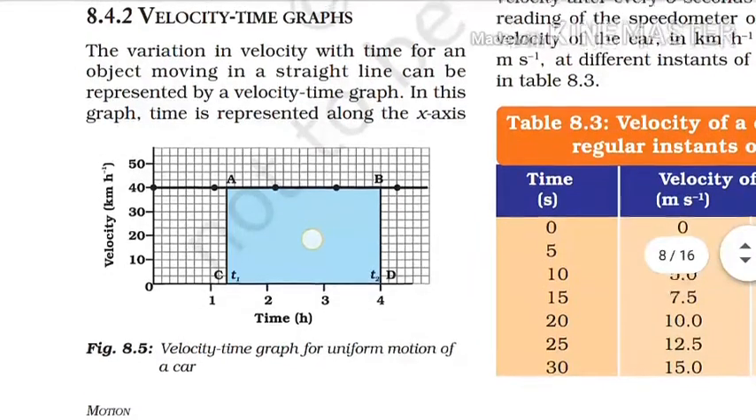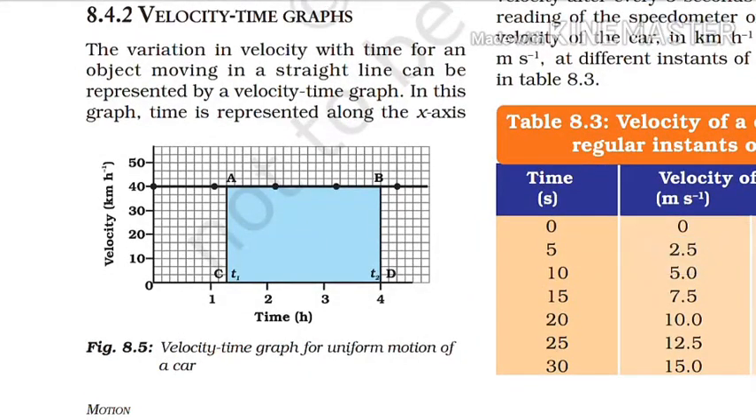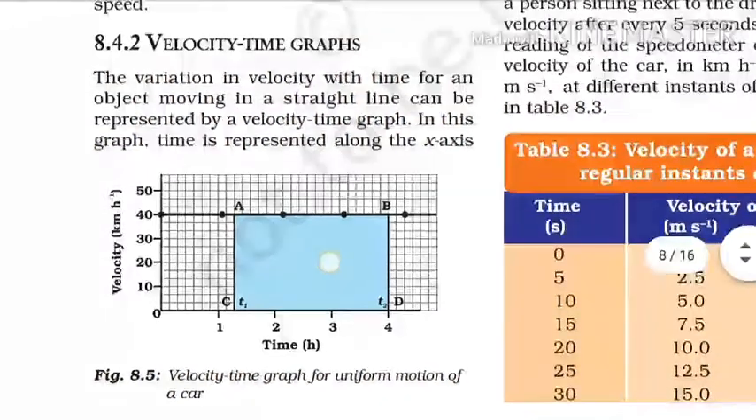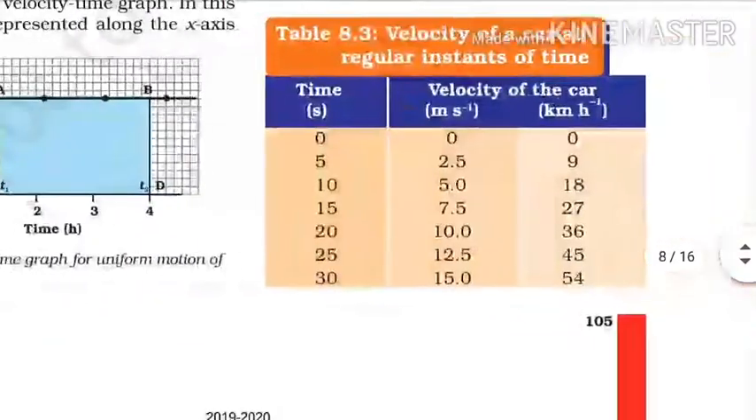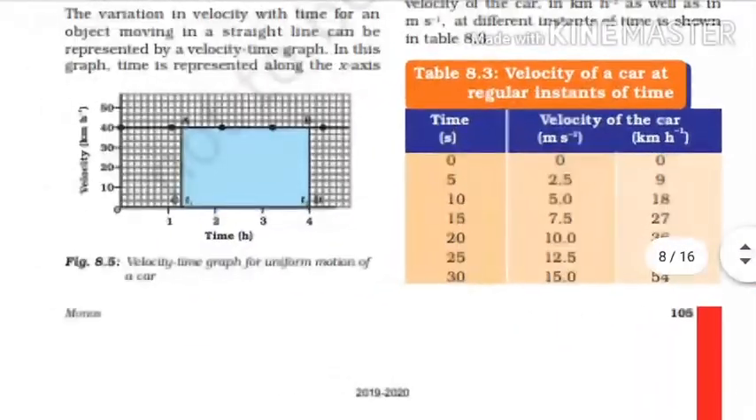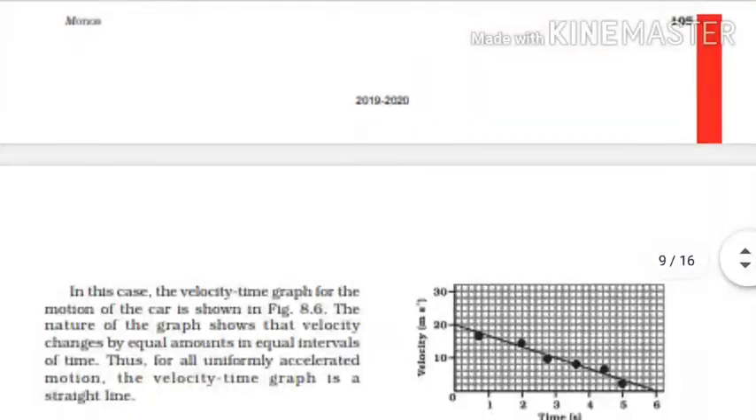Here the total time taken by the object is 4 hours, and the velocity at which the object moves from one place to another is 40 km per hour. So the total area provides the total displacement created by the object. The area of ABCD, that is the blue region of the graph, provides the total displacement created by the object. Okay, simply, this was already discussed in the derivation of the